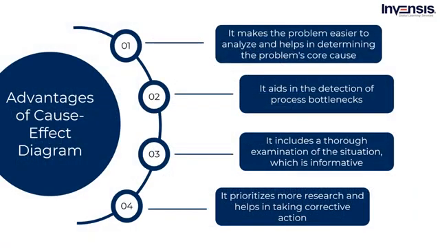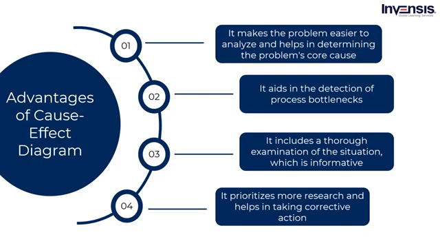Talking about some of the advantages of the fishbone diagram or cause-effect diagram. It makes the problem easier to understand and analyze and also helps in determining the problem's core cause. Next, it aids in the detection of process bottlenecks so that you can identify areas where you can improve. Next, it includes a thorough examination of the situation, which provides information to the team, prioritizes more research, and helps take corrective action. So this was about the fishbone